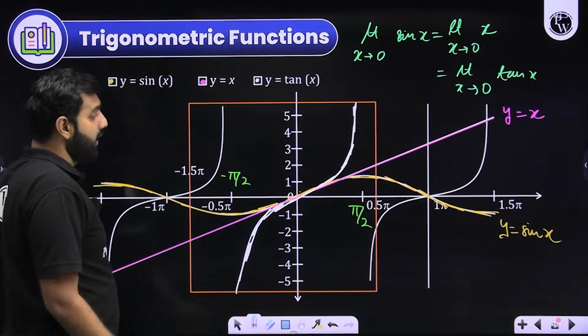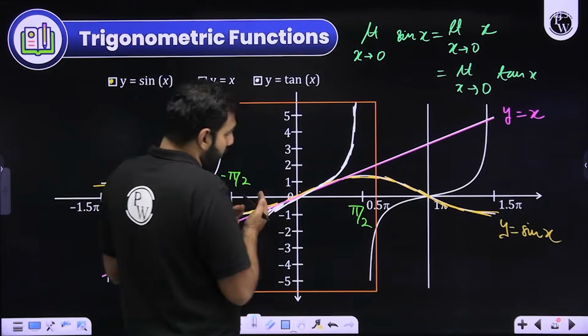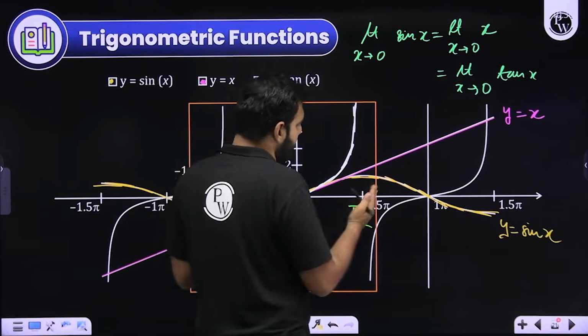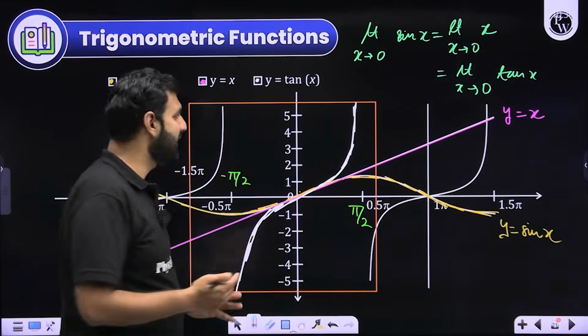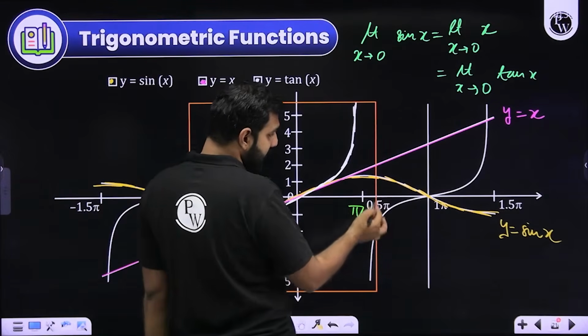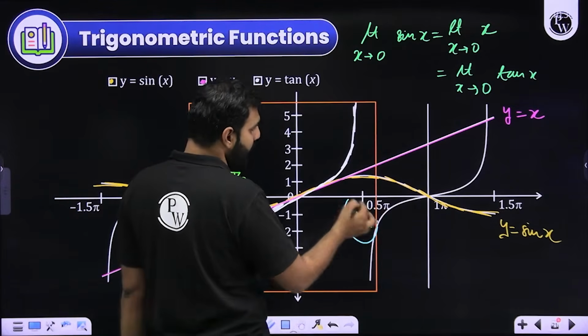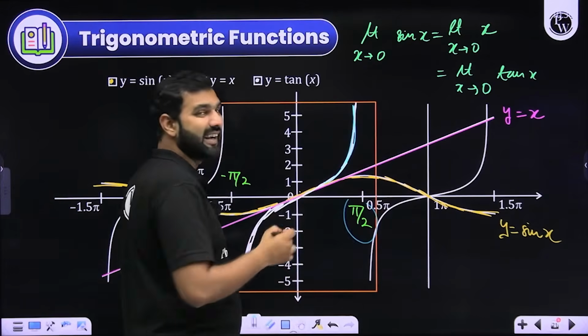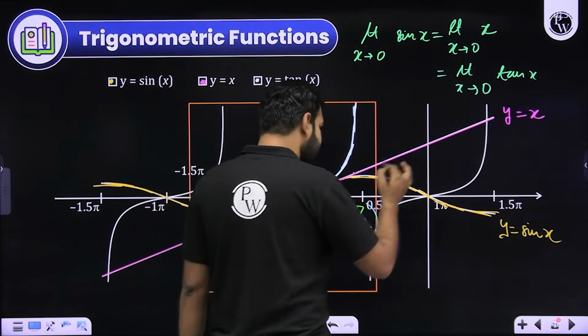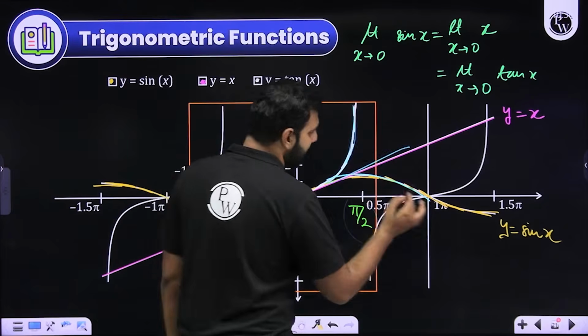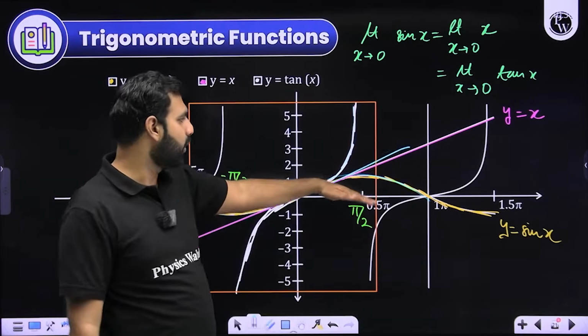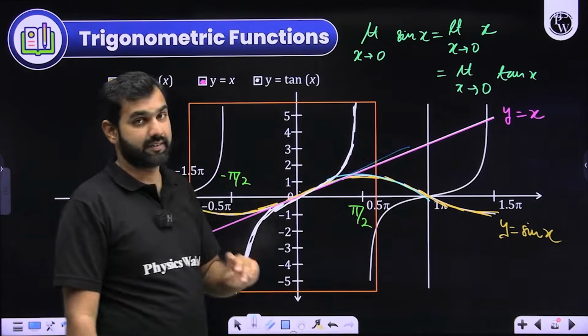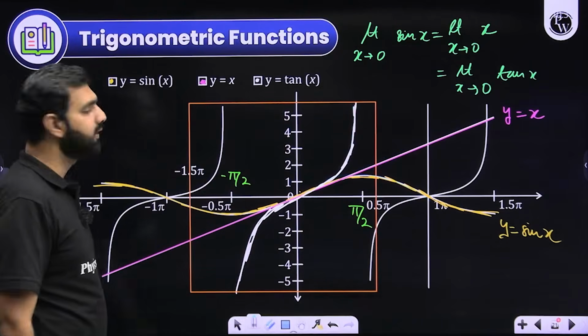Not just that, after this particular part, on the right hand side of this, till let's say 0.5 pi, which is pi by 2, you will start seeing that tan x is greater than x, which is greater than sin x. So sin x is smaller than x, which is smaller than tan x. But here, if you pay attention, then